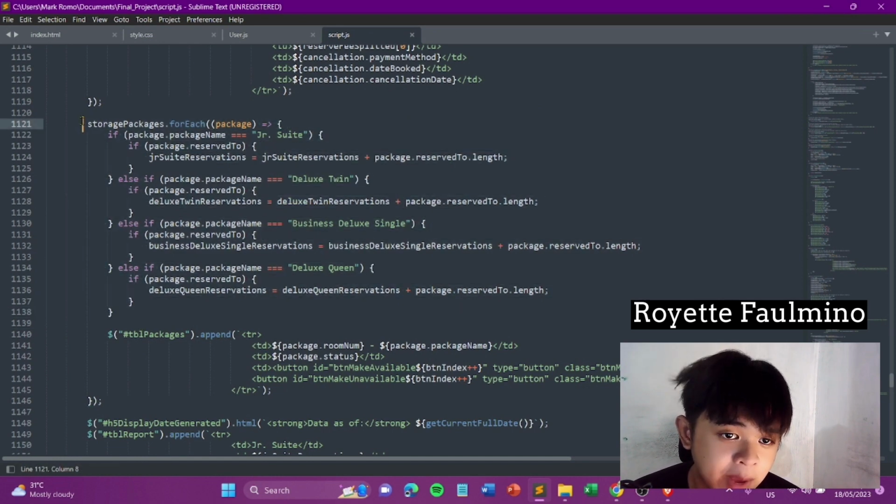I will be discussing how these loops iterate over the cancellation data, update counters for different package types, and dynamically generate rows in an HTML table to display the cancellation information using forEach. In the storage package, if the package name is junior suite and the package reserved to property exists,